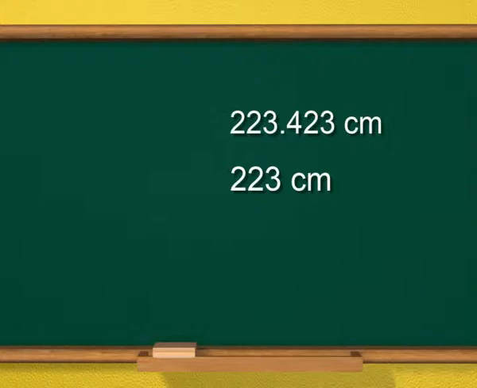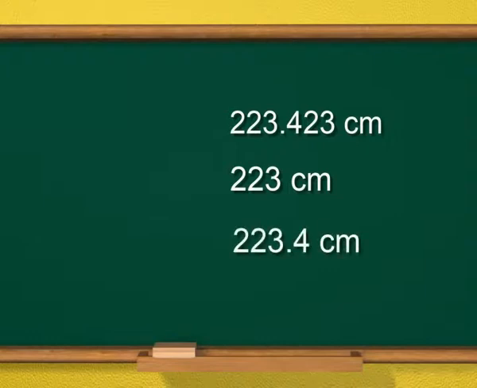The correct rule for addition and subtraction, therefore, is that the result of addition or subtraction should retain as many decimal places as there are in the measured value having the least decimal places. Therefore, the result of addition in the example given above is